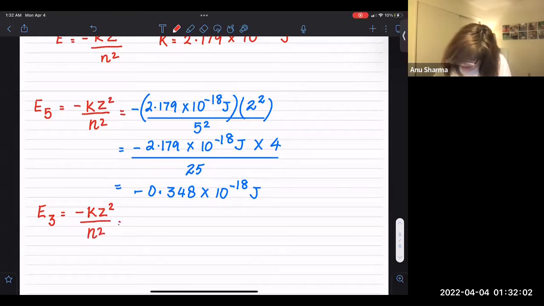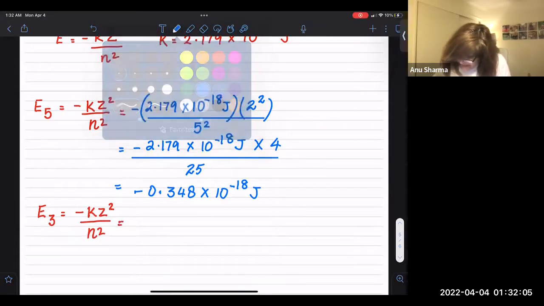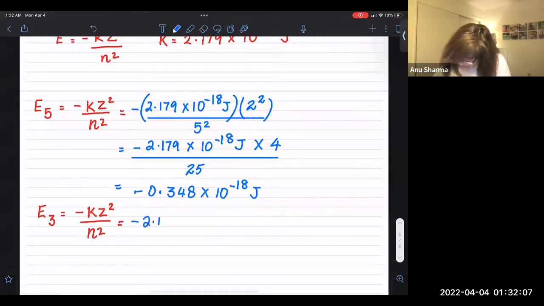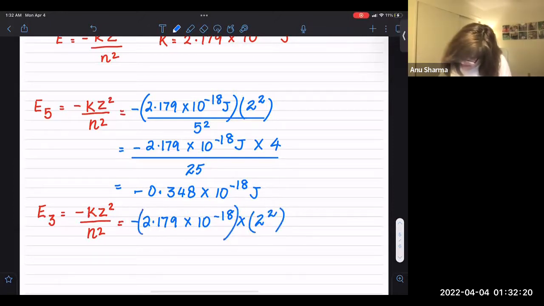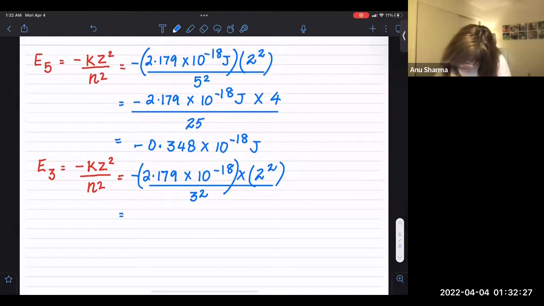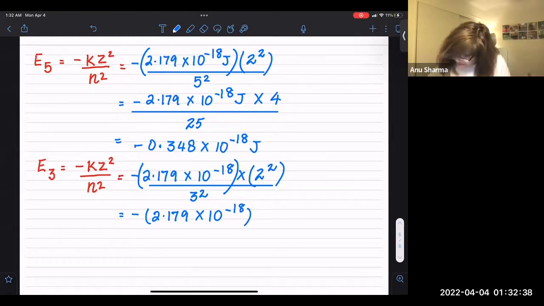Here you have negative 2.179 times 10 to the power negative 18 times 2 square, because it's still helium, over n square, which in this case is 3. So 3 times 3 becomes 9. Let's put in these numbers again: 2.179 times 10 to the power negative 18 times,